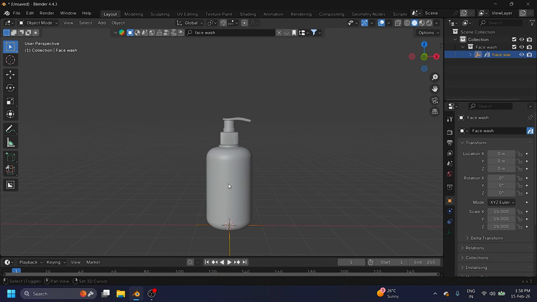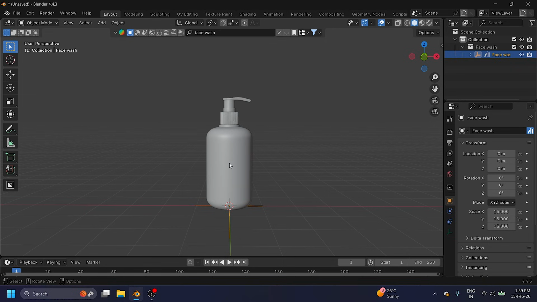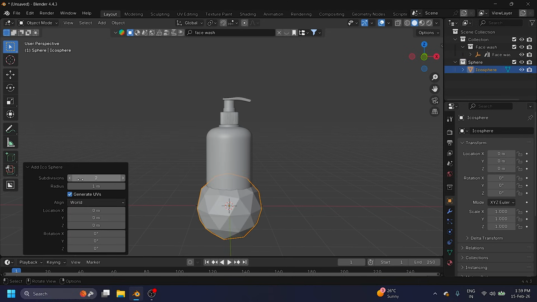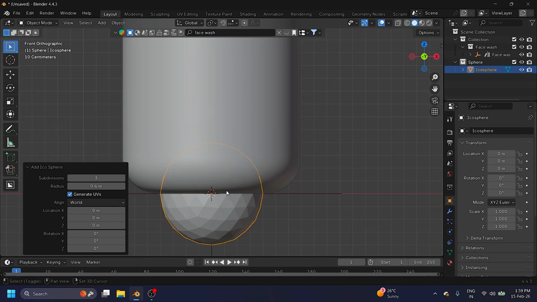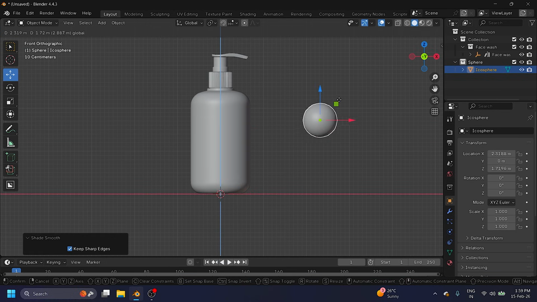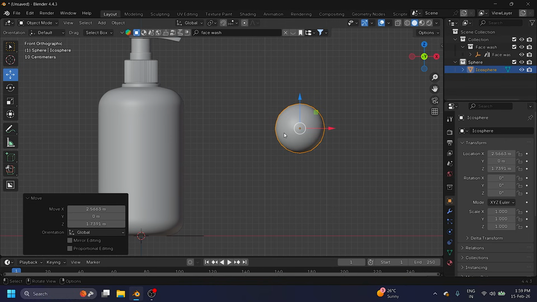Now next step, I create the bubbly type of effect. For the bubbles, create a new collection and name it sphere. Go to here. This is my mesh, and I use an ico sphere. Increase the subdivisions; the default is 2, and I take 3, and radius I like 0.4. See, that's my sphere. Right click, shade smooth. Now I create more duplicates.